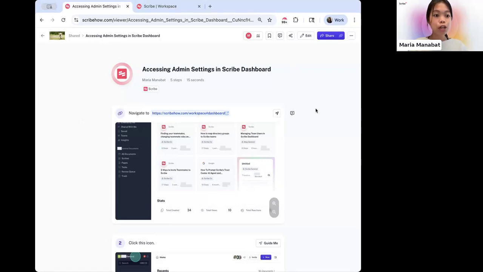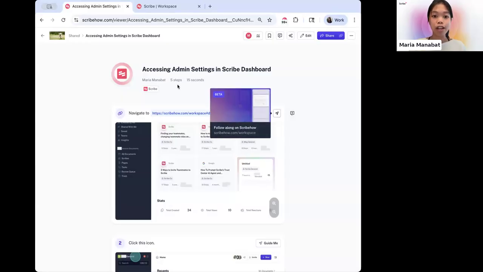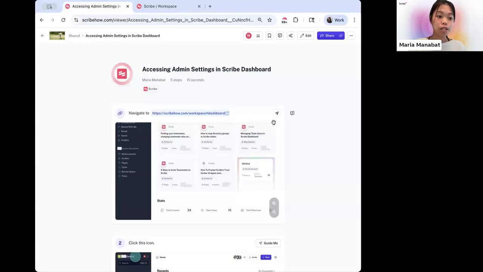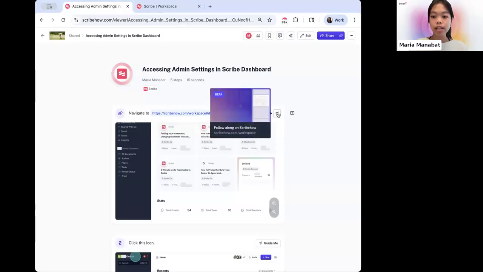Awesome. So one thing that viewers, once they have viewers access, can really see, same thing with creators, is our Guide Me functionality. When you go into a specific scribe, click this arrow button right here.